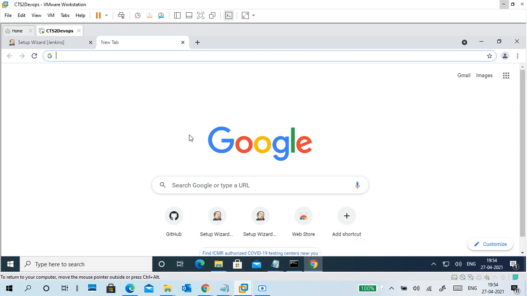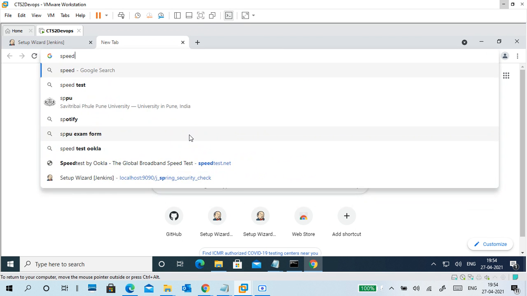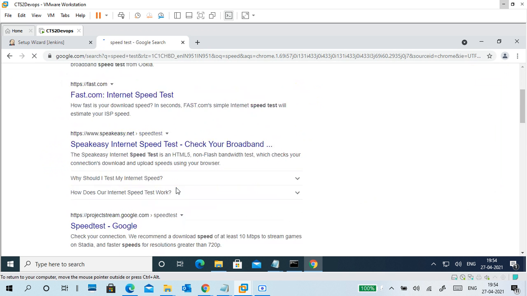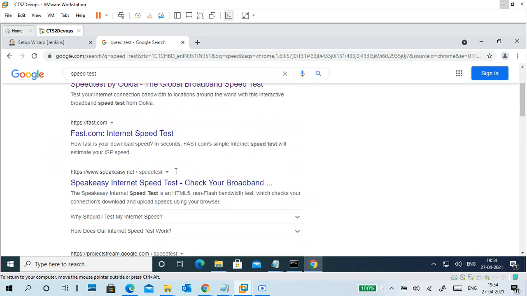So on normal Google you can get it, just search speed test. Google speed test is good now.